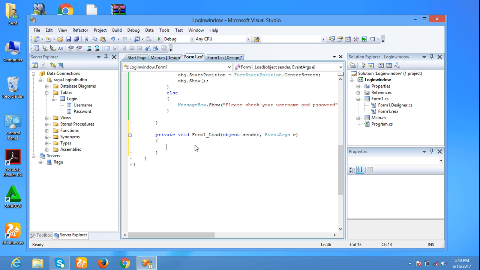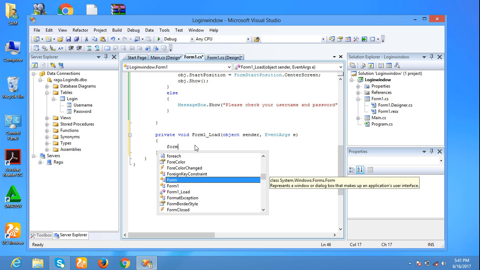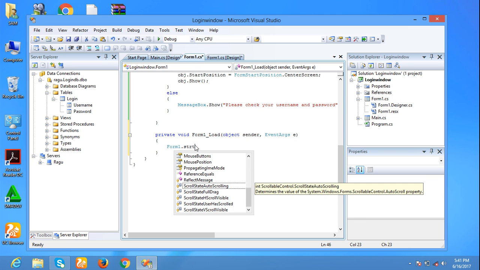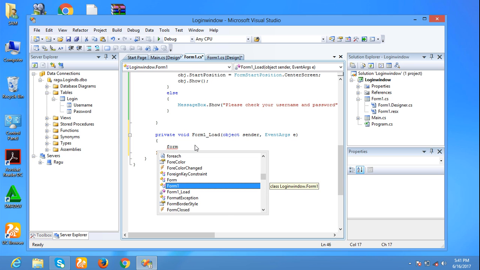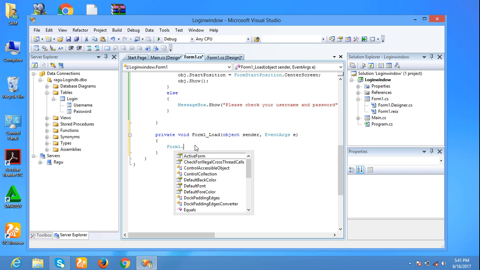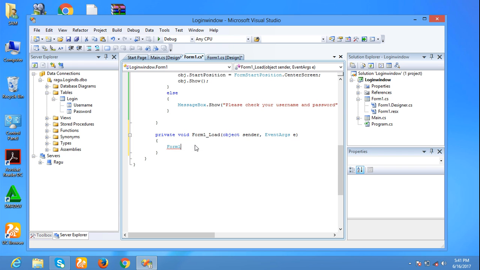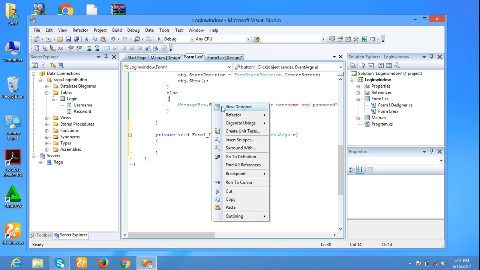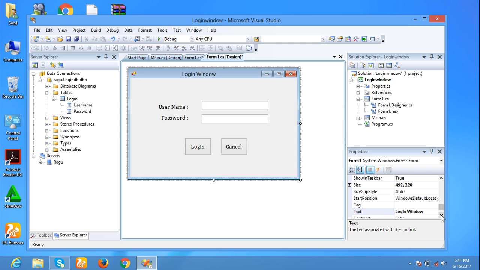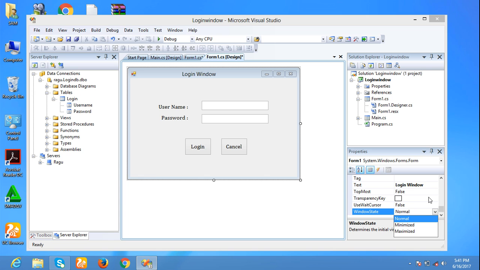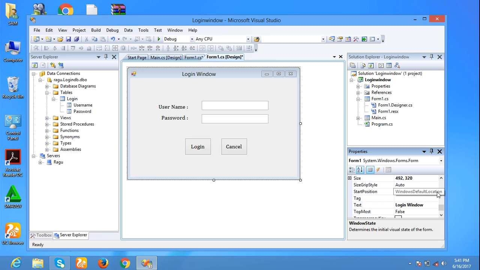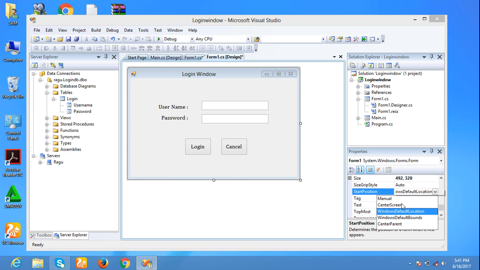When I load this form, 1.StartPosition, WindowState, StartPosition, center screen.